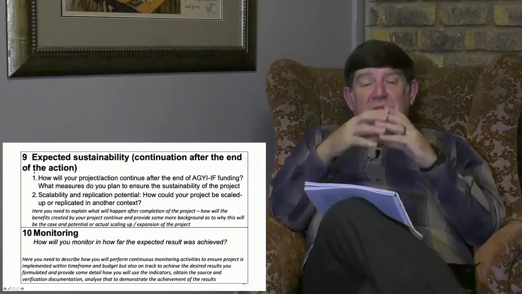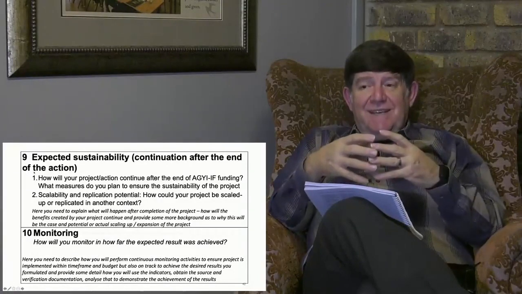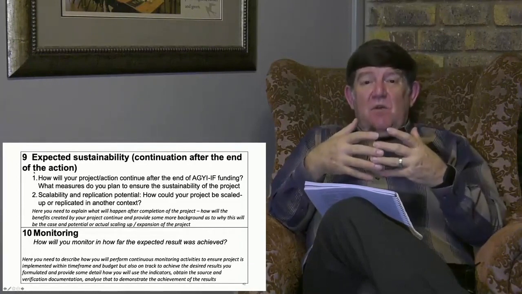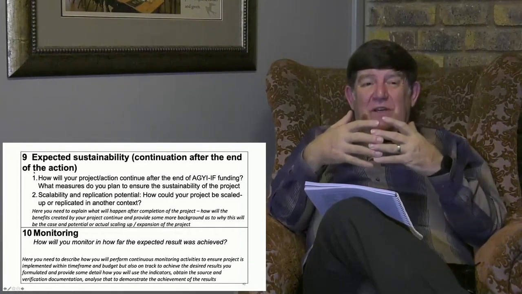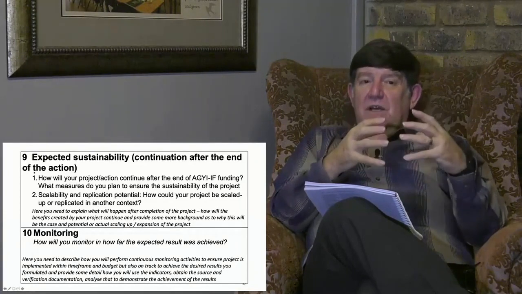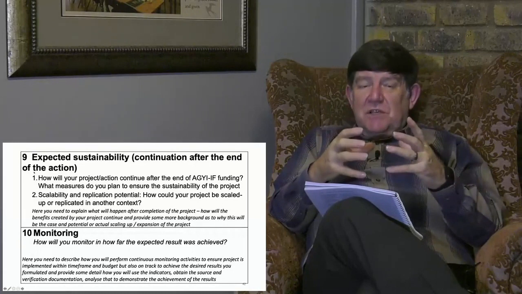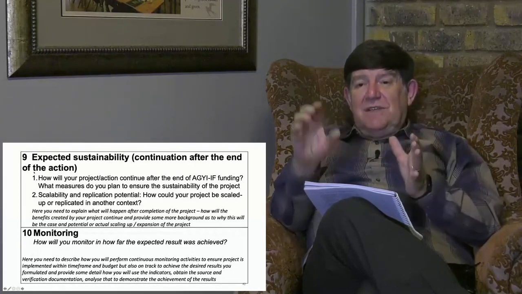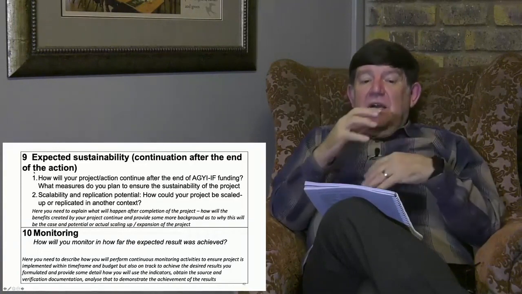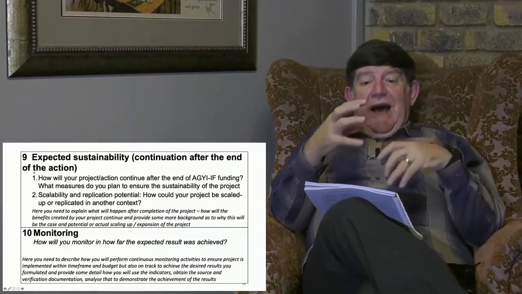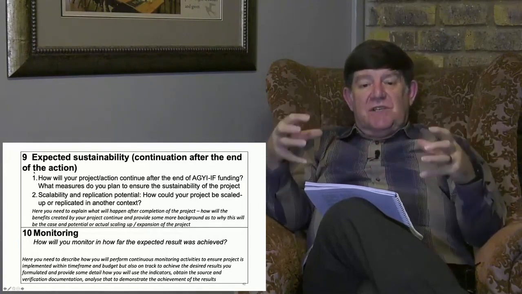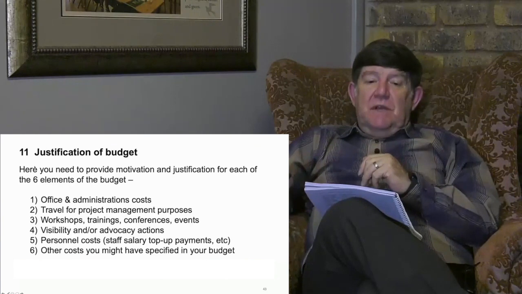It's not just the activities, the implementation of the activities. It's the impact. What are we achieving with these activities? We need to monitor these results from very early on. Are we really going to achieve this result? Or can we early on see that there are going to be some challenges to ensure that we achieve these results and fulfill the indicators we've set in our log frame? Here, the evaluators would like to see how you are going to manage this monitoring process to ensure the success of your project. The last paragraph,